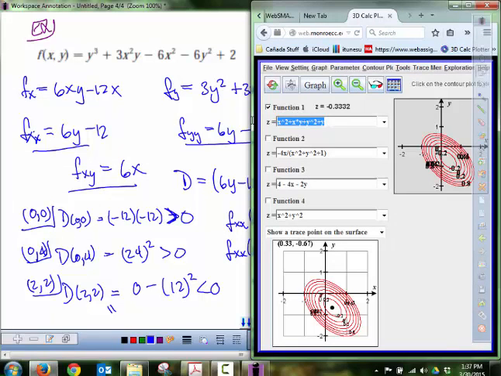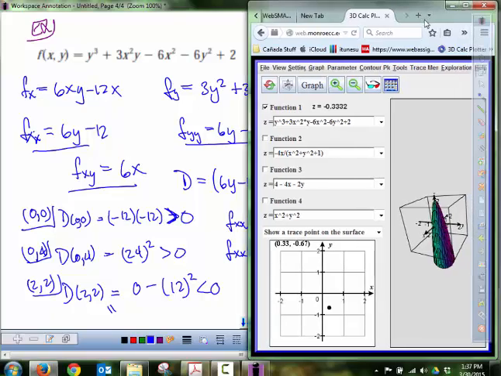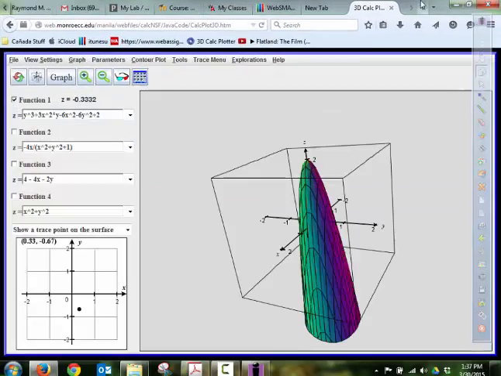So our function is y cubed plus 3x squared y, minus 6x squared, minus 6y squared plus 2. And we have critical points that are